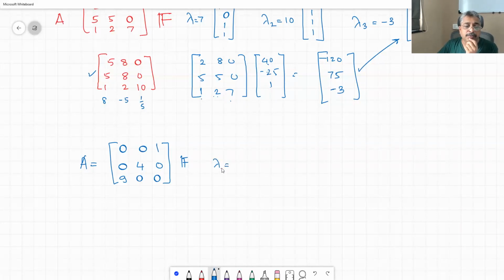Lambda 1 is equal to 4. Eigenvector is 0, 1, 0. Simple. Now,